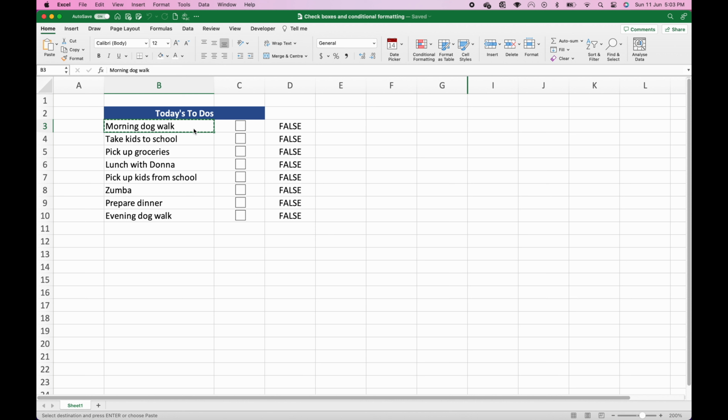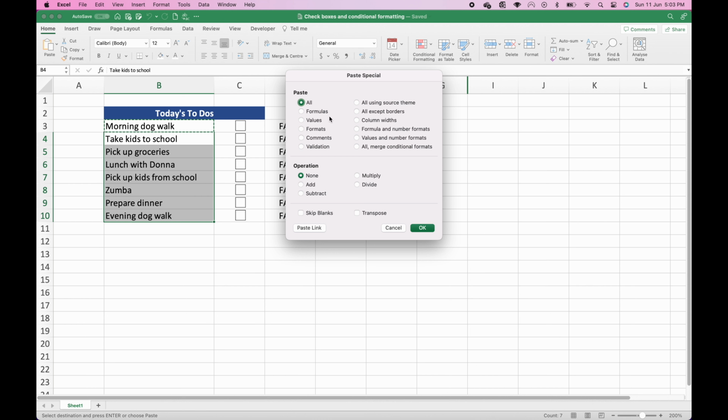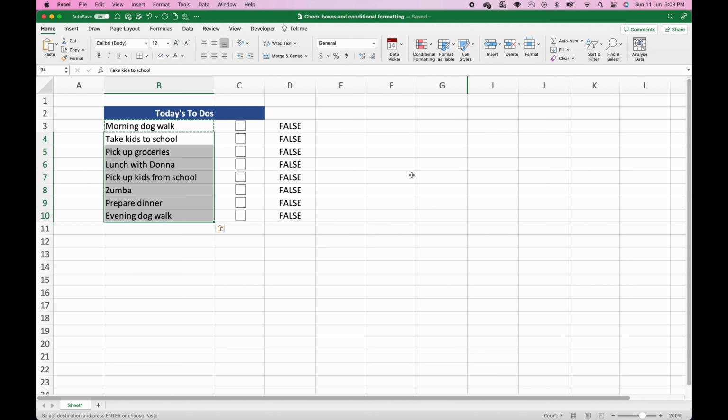What we can then do is copy that cell, highlight the range where we want to apply the formula, so all the other tasks, and then we can either right click and go down to format cells, or what I've done is use the shortcut Control and Command, or Control and Alt on a PC, and V, and that opens up the Paste Special menu. Then click on Formats and press OK, and then that will apply all that format into the background of these cells. And as you can see, as I tick through these,